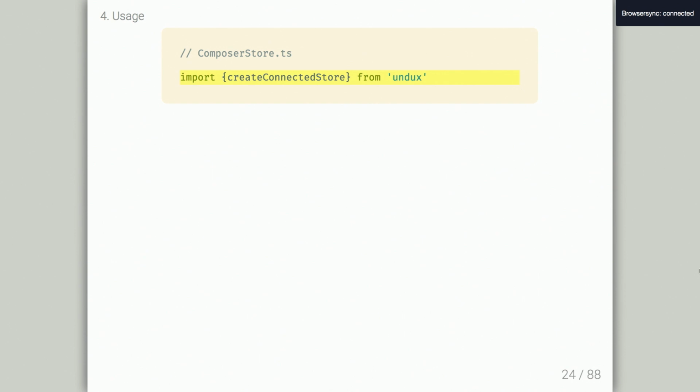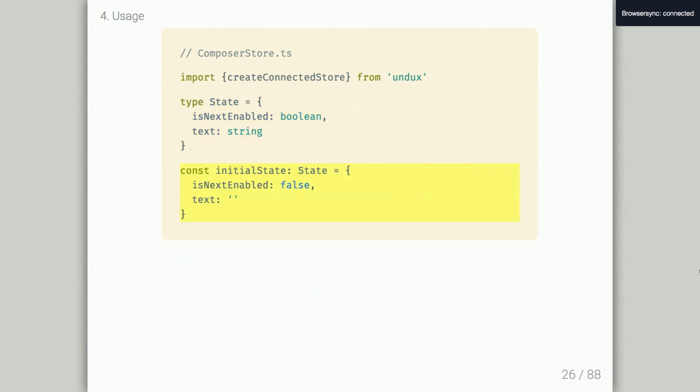So what you do is you import this createConnectedStore API from Undux. You declare a state type. So again, if you're not using a type system, you can ignore this, but you really should use a type system. It's pretty cool. You declare an initial state. So isNextEnabled, that's just the Boolean indicating whether the button is enabled, and then text is the stuff you typed in. And then you create a store. And when you create a store, it gives you back these 2 things. It gives you a Container and a withStore function. So if you've used something like Redux before, it should look pretty familiar. A container is just a provider, but we call it a container because people, I think, are more used to that name. And then there's withStore, which you use to wrap components.